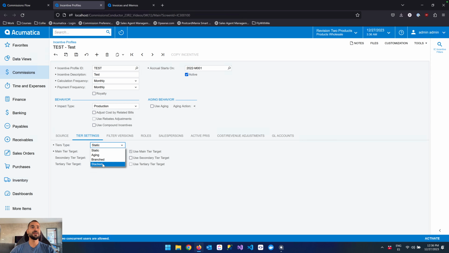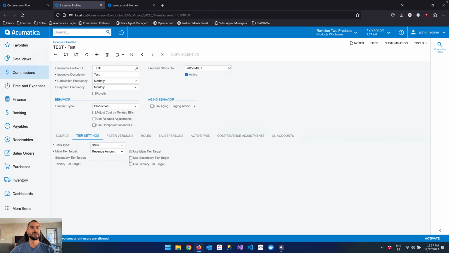The stacked commission amount means that when you have an aggregation tier type, okay, then assuming that you have an aggregation from 0 to 500,000, you could decide for the first 100,000 to pay 1%, and for the window from 100,000 to 200,000 to pay 3%, and from the window of 200,000 to 300,000 to pay more. So you can decide, depending on the window size, how much commission to pay on that specific window of amounts. Okay, so this is a stack. It's a commission that as soon as you reach a new level, you are going to vary the commission rate on the specific window you are positioned at the moment. Okay,